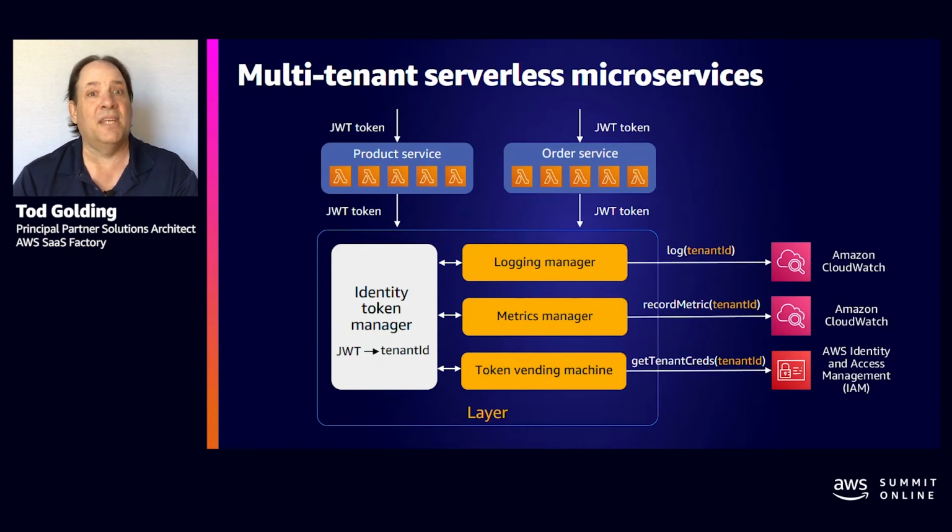So as I'm processing a request, I go out to STS, I get you a token, and that token is then used to access downstream resources like data and so on to ensure that we aren't crossing tenant boundaries. The key thing here is that this is all deployed in a layer and it's running in the same process as the Lambda functions, right? This isn't a separate Lambda service or a separate microservice that's doing all of this. This is all running in the context of and in the process of these functions.